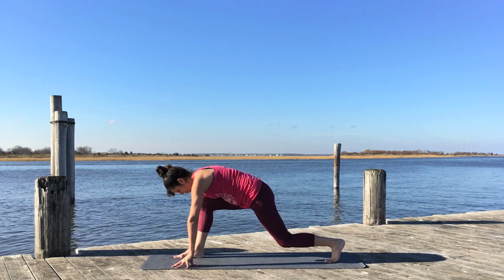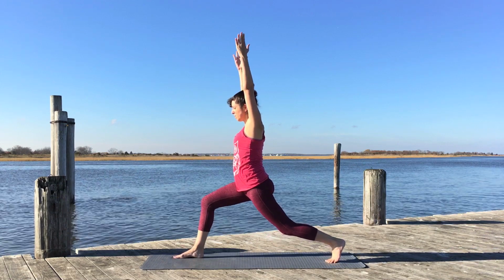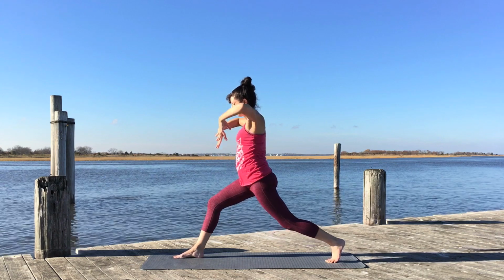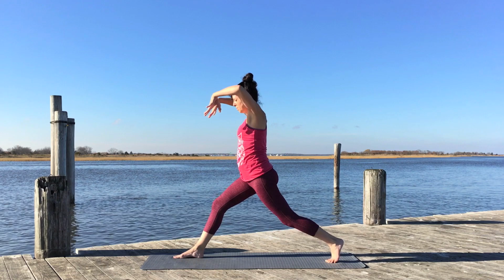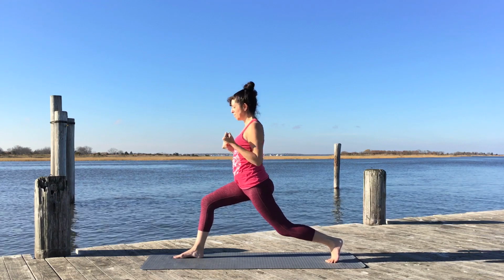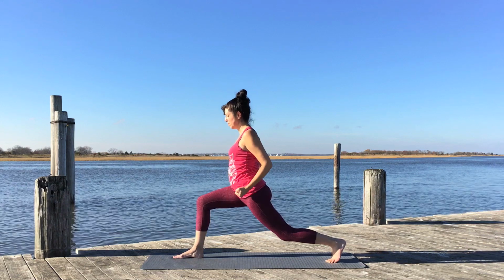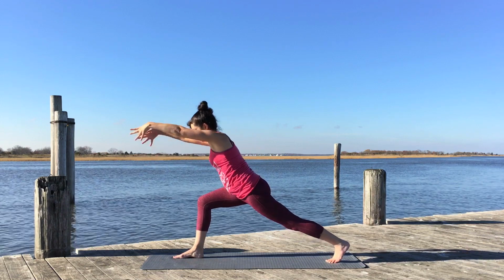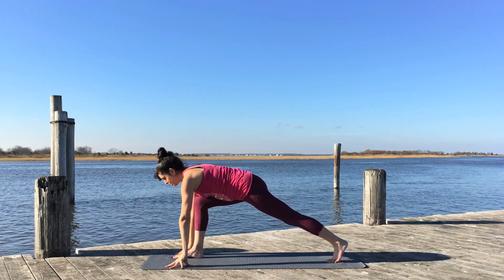Bend the back knee, soften, inhale, and as you exhale, lift back up and come into a high lunge. Exhale, make fists, bring the arms down. Inhale, straighten the legs, arms reach up. Exhale, down, inhale, reach. Exhale, bend the knees, arms down, inhale, reach. Exhale, fist to fire. Inhale, reach the arms forward, extend, open up through the front line, and exhale, place the